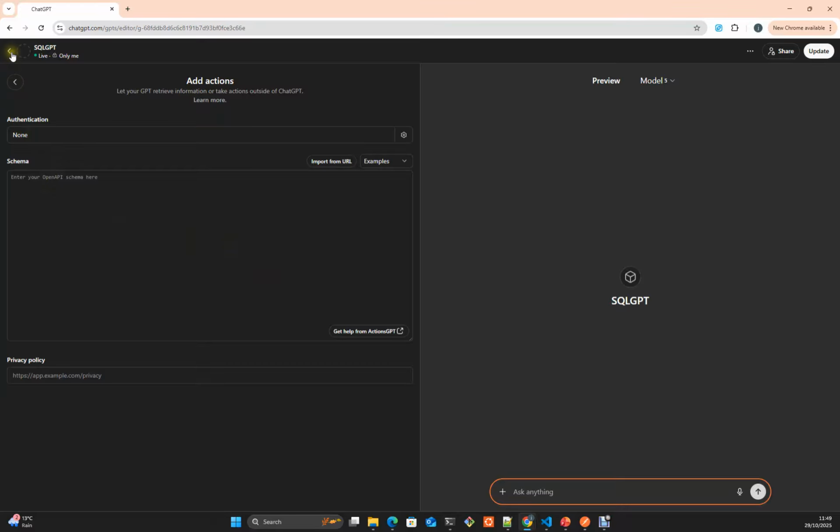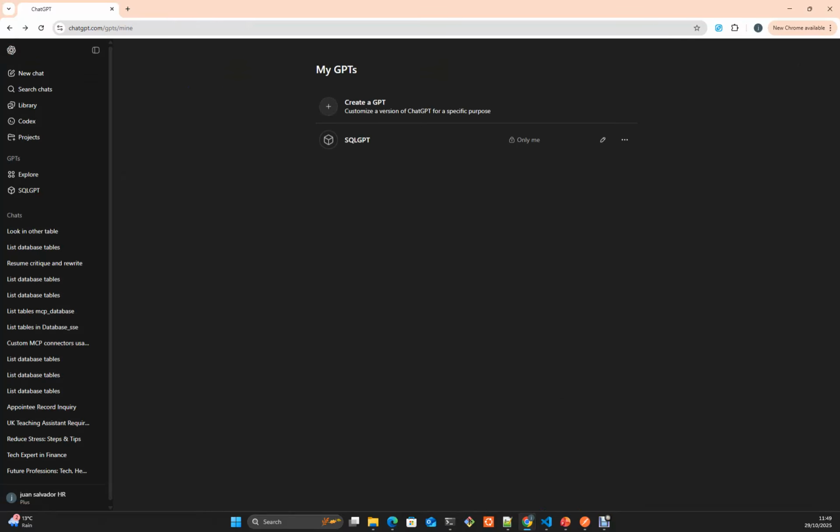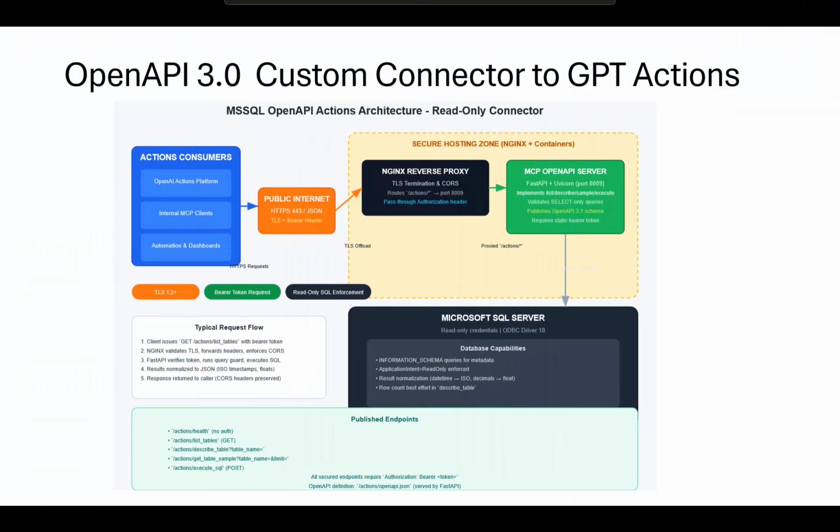Later, when we are doing the demo, we will cover this, and then we will see the full details of what we have here. But essentially, once you have your custom GPT, you can define an OpenAI action, and this action is going to connect via